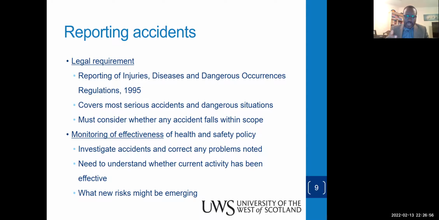And of course, regularly monitor the effectiveness of your health and safety policies. Review them. Some are archaic. Throw them off. Revise them. Consult risk experts who will come in and guide you on what to revise, what to update, what to maintain. Okay. It is important to always investigate these accidents when they occur, and also correct any problems that have been noted. When you see the triggers, the alarms, the alerts, fix them. Don't wait for it to happen before you try to fix it. You may kill somebody. Somebody could lose his life.